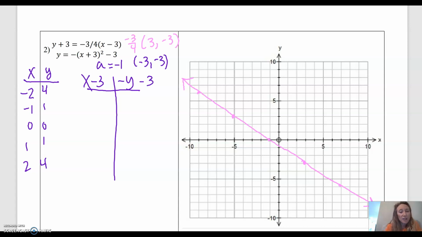So -2 minus 3, -5. -1 minus 3, -4. 0 minus 3, -3. And then -4 minus 3, -7. -1 minus 3, -4. -3, -4, -7. Okay, so -5, -7,